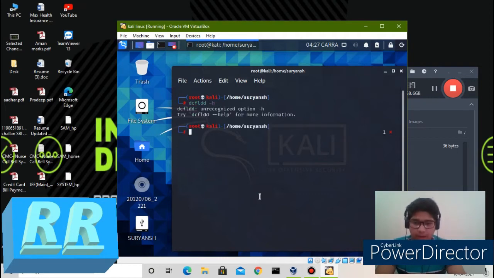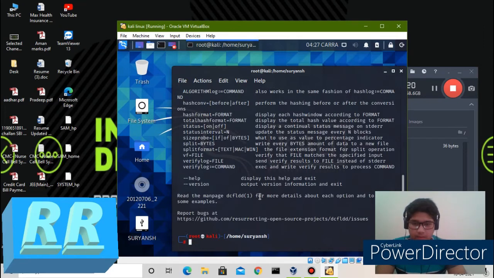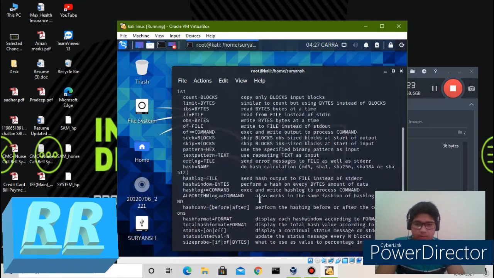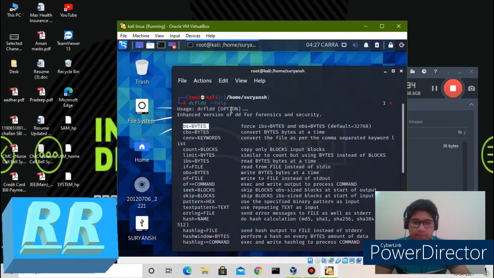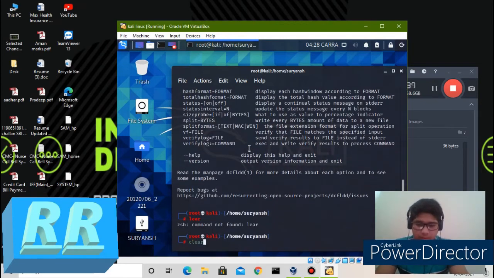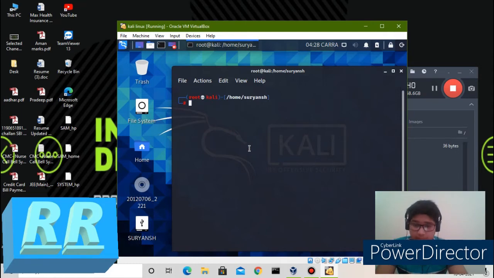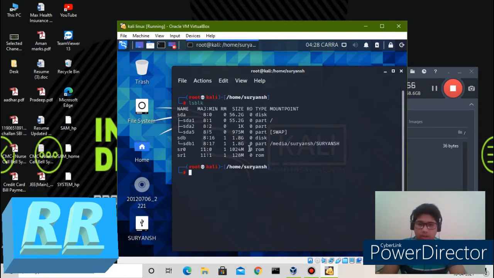We will type help. Here we see input file, output file, and BS for bytes. So clear. Now dcfldd if equals /dev/sd. To create a virtual image of our disk, we have to know the location of our drive.